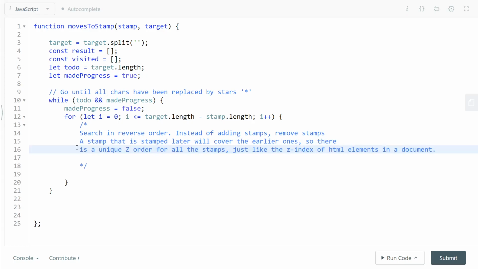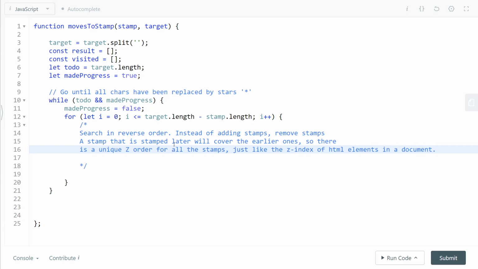And the key idea here is the reason you can do this at any given opportunity. You don't need any strategy at all. You can just check, okay, can I remove a stamp right now? And if so, you can do it straight away without checking anything else. And the reason for that is because